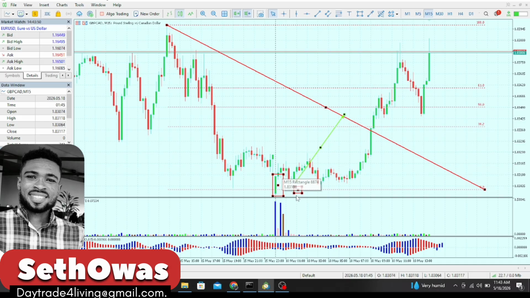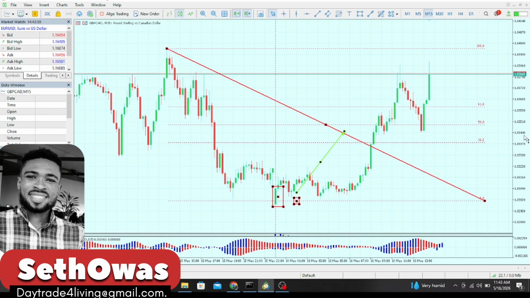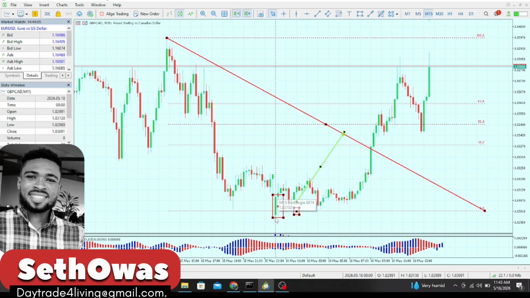Because if the market tried to test this level and broke it down, then we would have been confident that the market is likely going to break this particular level down and trend downwards. But here comes the case. The market broke out of it, opened out of the central Fibonacci level, opened out of the base Fibonacci level, and never returned. So any opportunity could have been anywhere here, but there was no proper signal except this